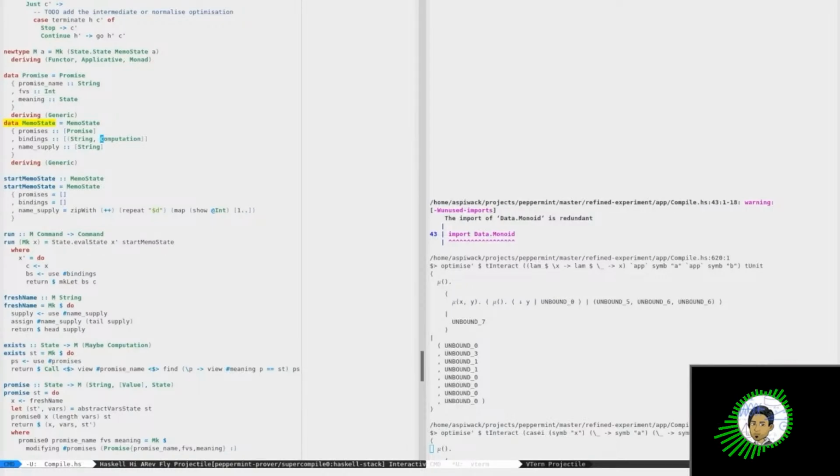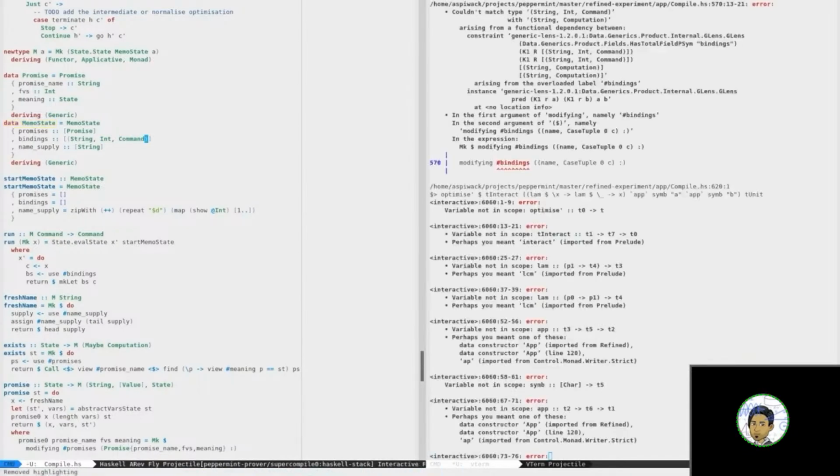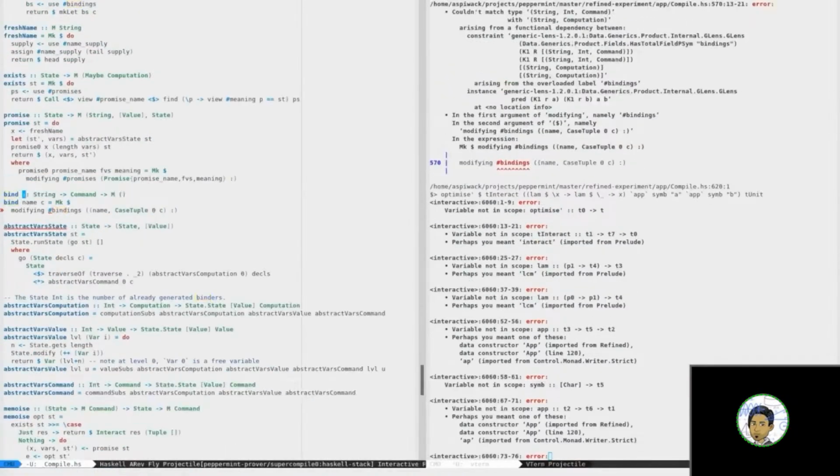I need the integer with number of, so int command. So bind string int command. And that would be